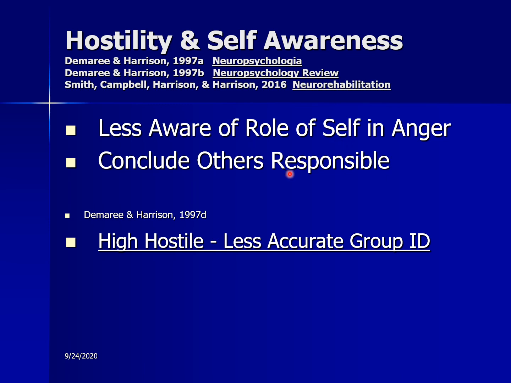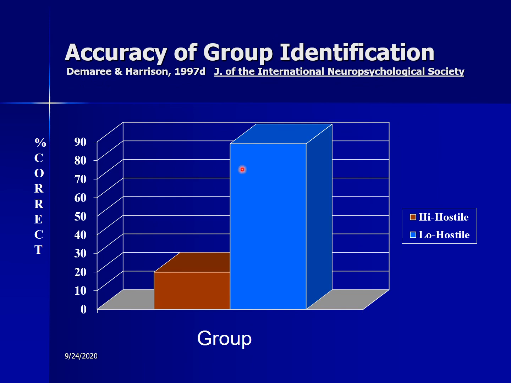But let's take a look now. These are college students at Virginia Tech. And I did not do a good job with the methods. Don't think that I did. But in every project that we've done in this line of research, when we're finished, we debrief them and we tell them what the experiment was about. And then we ask them, okay, which group do you think you were in? Our low hostile folks are 90% accurate that they were in the low hostile group. Our high hostile group, they don't have a clue. They think they're in the low hostile group too.